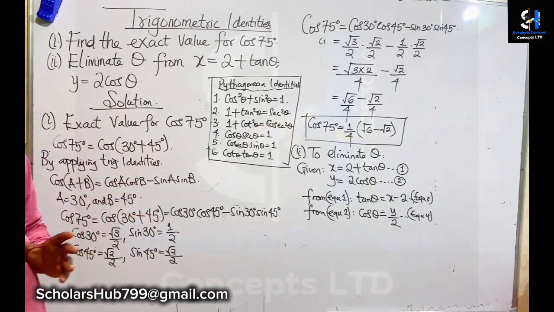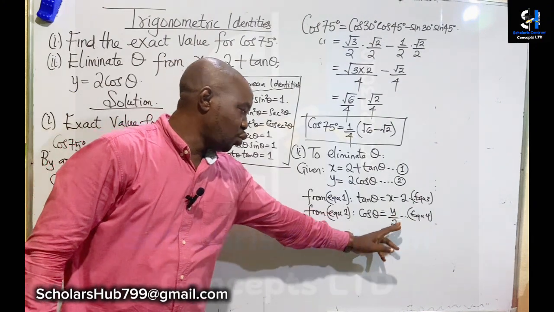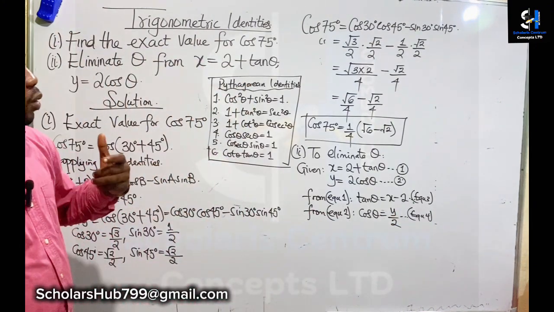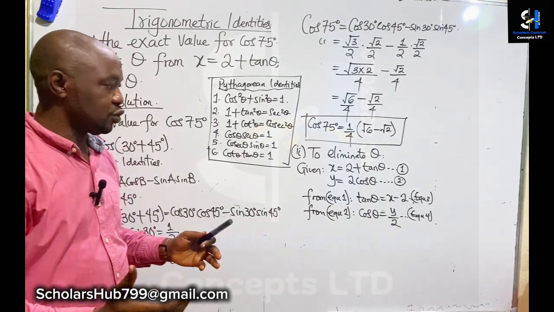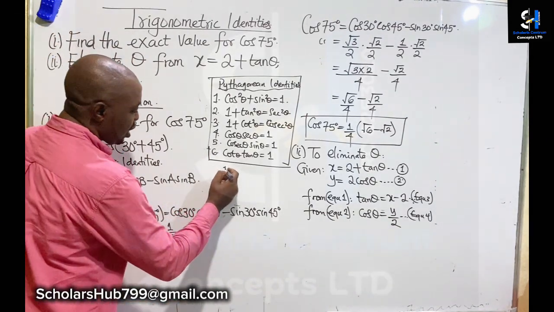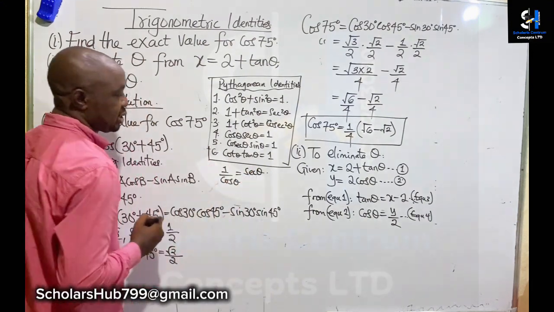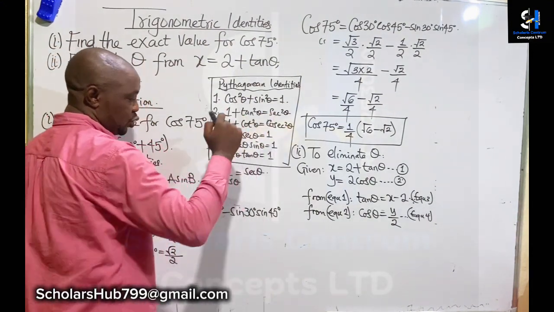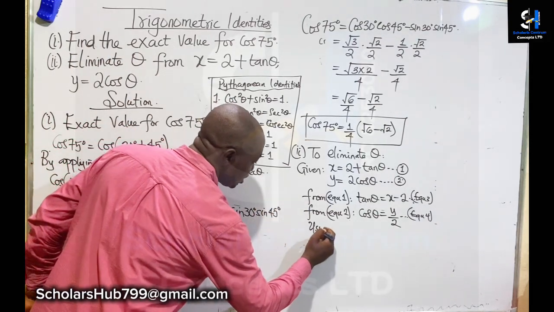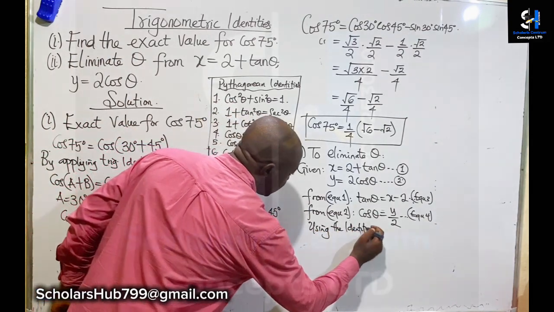Okay, we're going to make use of one of the identities. Now we have cosθ equals y over 2. And we know that when we talk about inverse trigonometric functions, 1 over cosθ will be equal to secθ. And here we have 1 plus tan²θ equals sec²θ. So we are going to be using the identity, let me put it this way,